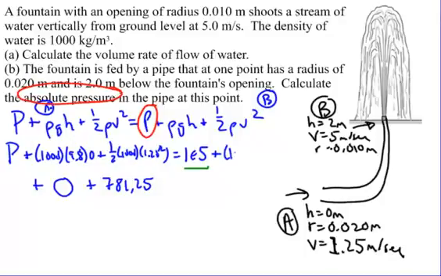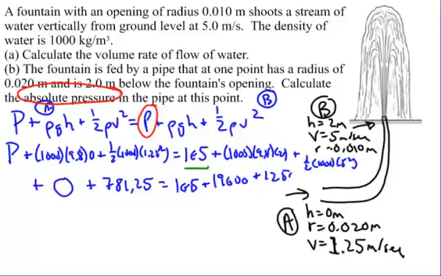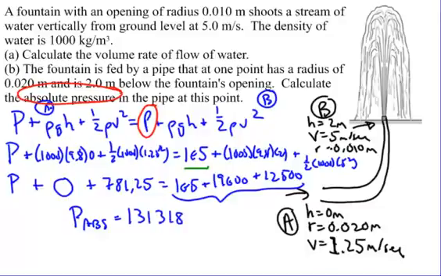Now I'm going to do rho gh. I have 1,000 times gravity, 9.8, and my height is 2. Let me fill in some numbers here. I have 1 times 10 to the 5th. If I do that calculation right there, I get 19,600, plus 1/2 rho v squared: 1/2 times 1,000 times 5 squared. And when I calculate that, I get 12,500. Now I'm going to add up all of these numbers, and subtract the 781.25, and I end up finding the absolute pressure to be 131,318.75